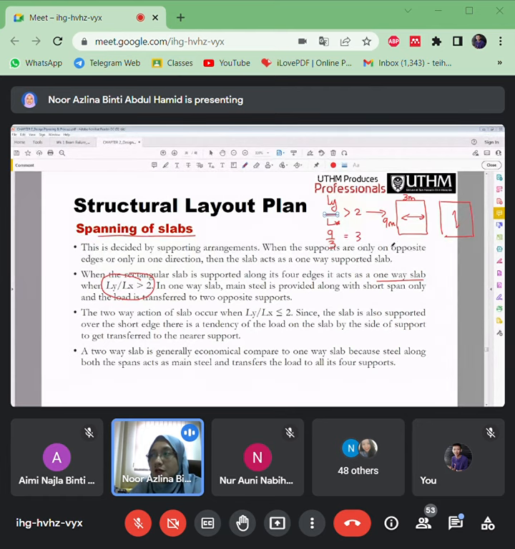So that means this slab is a one-way slab because Ly divided by Lx is more than 2. So what happened once we calculate Ly divided by Lx is less or equal to 2, which is Ly divided by Lx is equal or less than 2. That means this will be considered as a two-way direction.